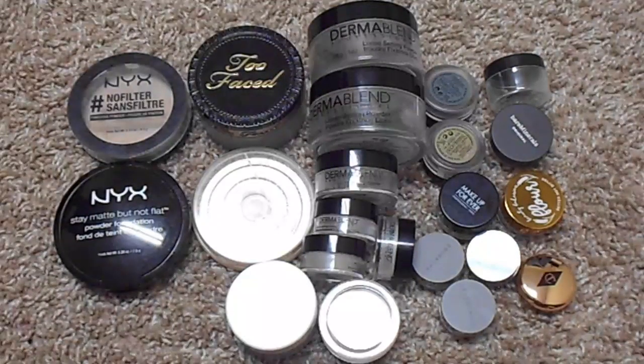So I will run through what we've got here. The NYX Hashtag No Filter, NYX Stay Matte But Not Flat, Rimmel Stay Matte, Too Faced Born This Way loose powder, ColourPop No Filter setting powder in the translucent shade, the Becca Hydra Mist Set and Refresh powder, several different sizes of the Dermablend translucent loose setting powder, Laura Mercier translucent loose powder, the Pretty Vulgar mattifying loose powder,